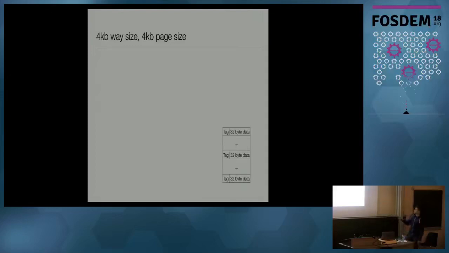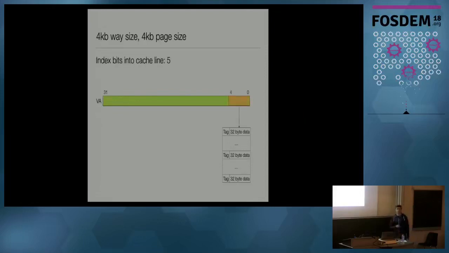So we have these 32 bytes of data, and of course we need the tag, because if we have identified a cache line, we need to check whether it's actually belonging to our virtual address, and whether we have the data in the cache. So then of course we have a virtual address of 32 bits, and to find the right byte in one of the cache lines, because of 32 bytes, we need 5 bits to actually index in the cache line to get the right byte out of the cache line.